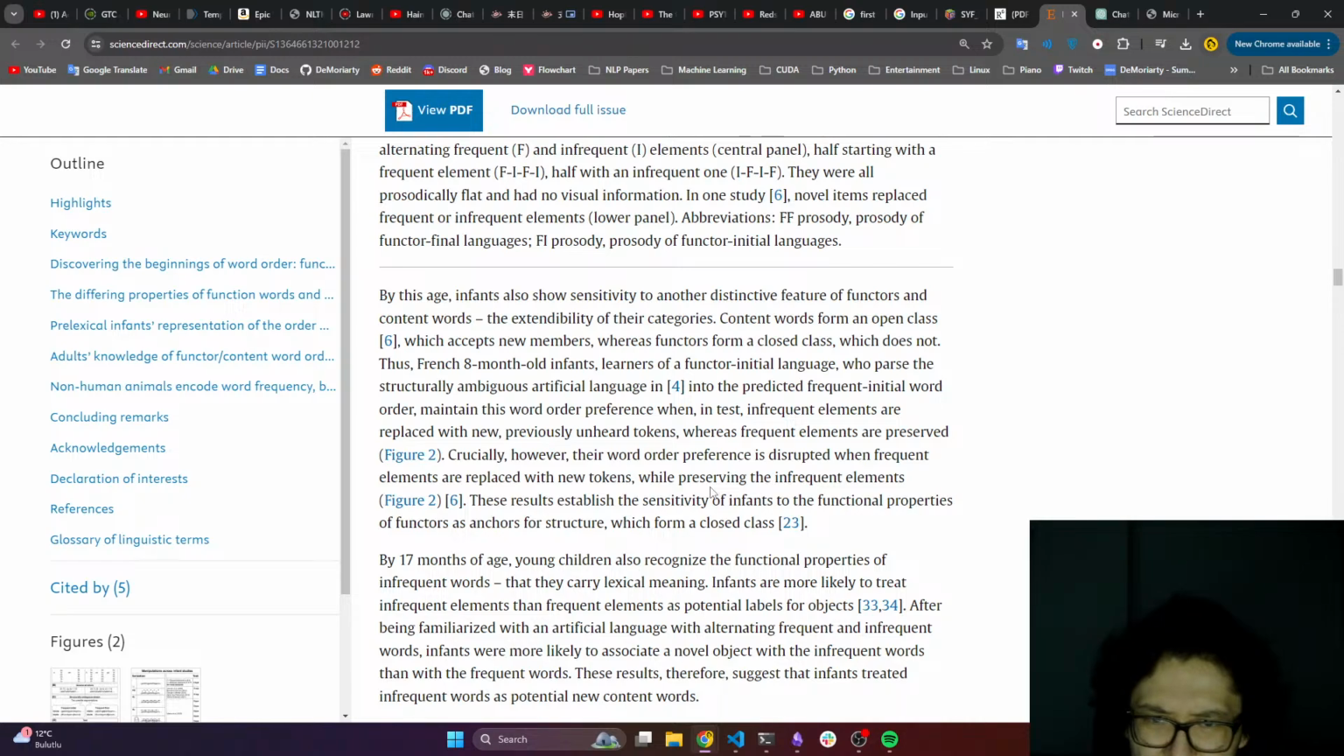It makes sense to me. I mean, the results make sense, but the experiment doesn't make sense. Or the explanation for this phenomenon doesn't make sense, like openness and closedness. Why don't we just think about it in terms of